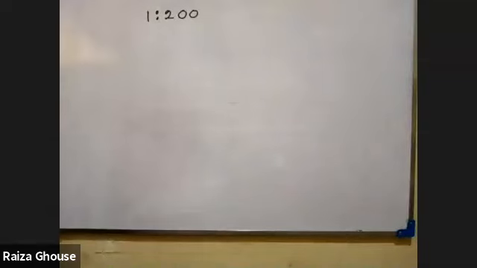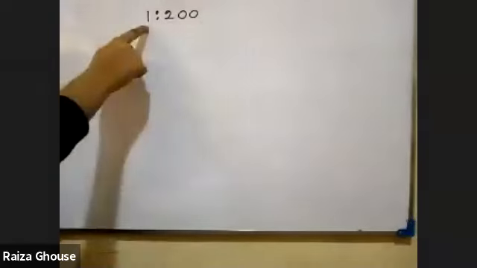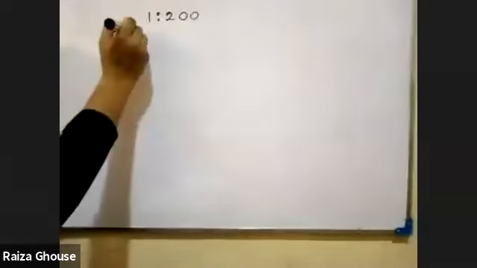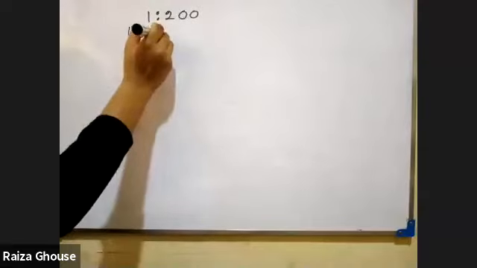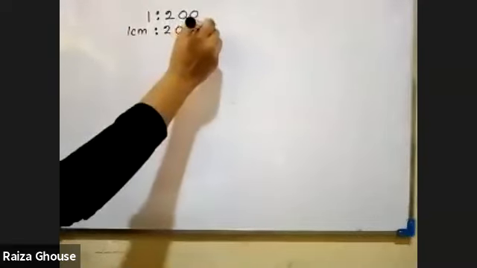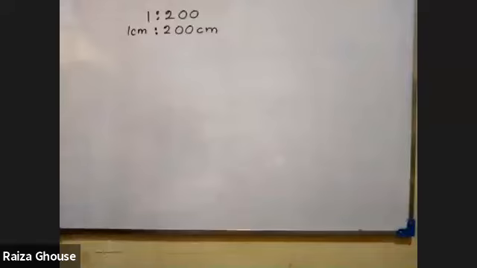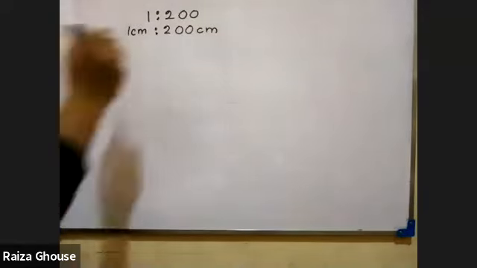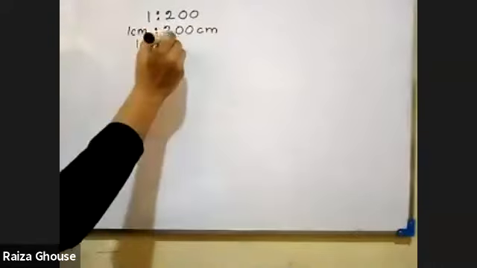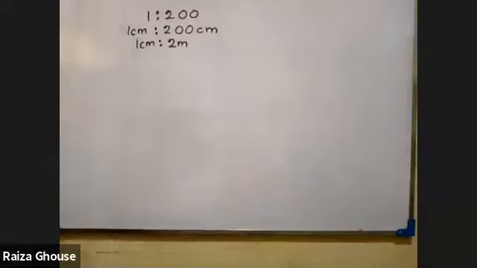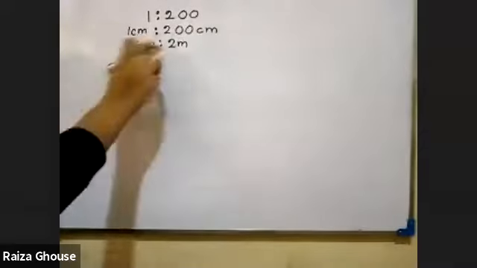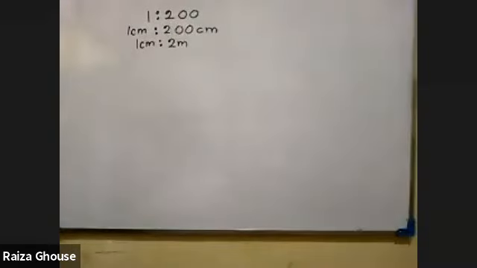I'll explain to you. Listen very carefully. Just now you started the lesson, so think like that and listen. This means 1 centimeter is representing an actual length of 200 centimeter. In other words, 1 centimeter is showing 2 meter. Who had said the answer? Very good, Fatima Fazuldin. So 1 centimeter is representing 2 meter. That is the story here.